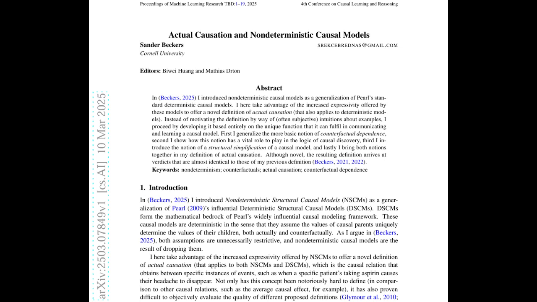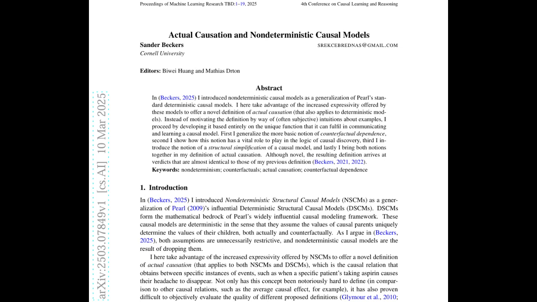Hmm. I can see how these concepts could be really important when it comes to determining responsibility, figuring out who's to blame for something. Totally. Imagine a court case where someone's accused of negligence, right? The prosecutor might argue that the person's actions were the actual cause of some harm, even though other things could have contributed too. And the defense might argue that, hey, there were all these other factors that could have led to the same outcome, even if their client hadn't been involved. So it becomes a question of were the defendant's actions truly necessary for the harm to occur?